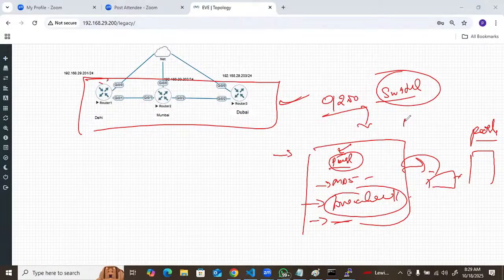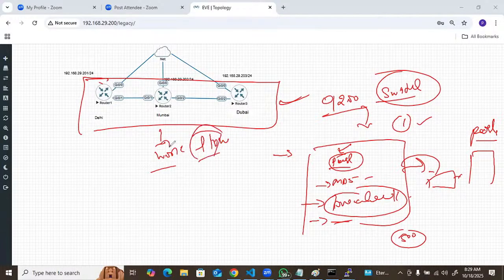Yes. So these steps are for the first device, and suppose you have 500 devices. So the same steps you need to repeat again and again for every device. There we can use the automation. That means any task in your network which is a repeated task, for those tasks we can use automation. Workflow automation is really good. That will help you a lot, right? Once we discuss workflow automation, I will explain. Once we discuss Ansible,